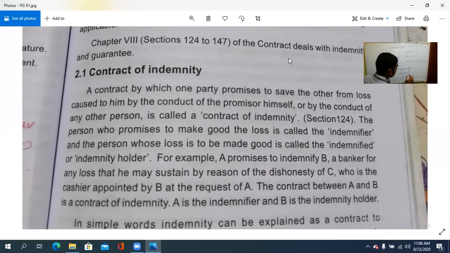These are points to remember. So, who is an indemnifier and who is an